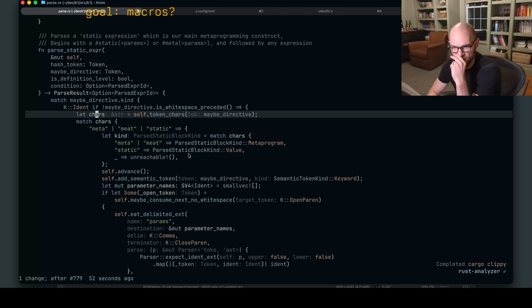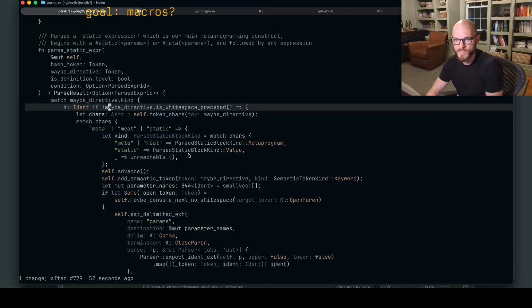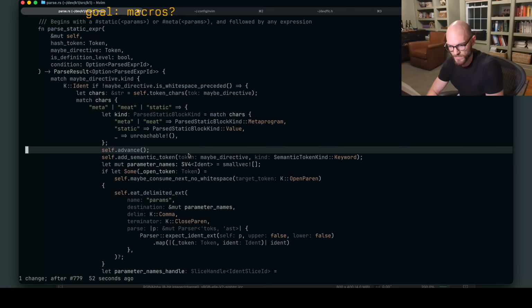Right, and we match on the directive and then we expect to consume past it. In the case of the $, we kind of want just this part factored out.